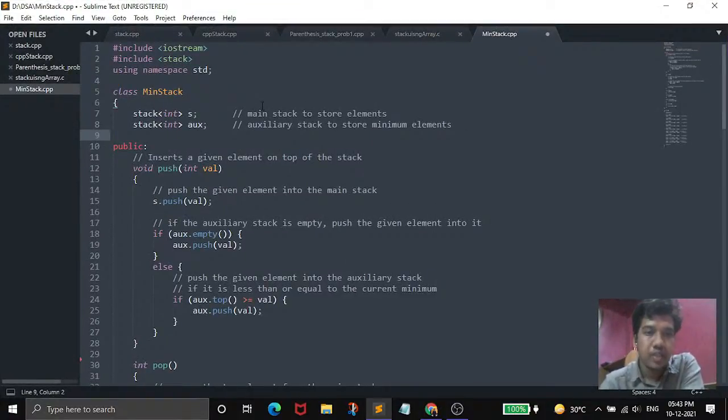Okay, so as I said, firstly we are going to make a stack s, which is the main stack, and for auxiliary elements, to store the minimum number, we are creating a stack of the type int only, as the auxiliary stack. So this is the same class which they have used inside public. Firstly we have to push the value which they are going to give us.